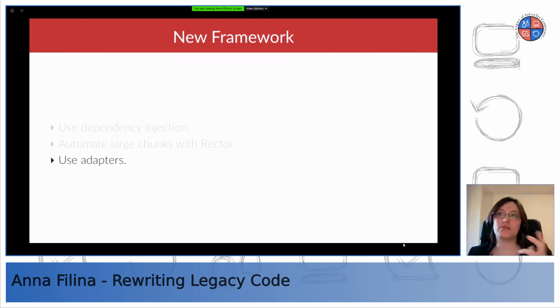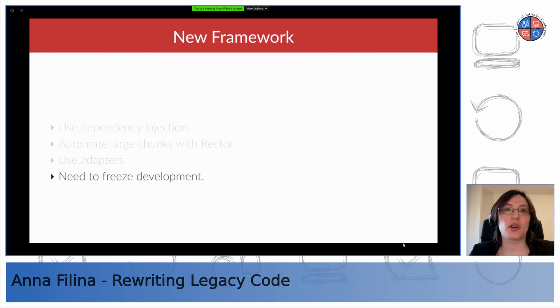And that's usually a temporary patch, because of course you want to use the new framework the way it was intended to. But changing hundreds upon hundreds of views can be very difficult. So you can just create some adapter classes for that, and then eventually write a proper Rector to refactor things in the views in order to use the new approach.